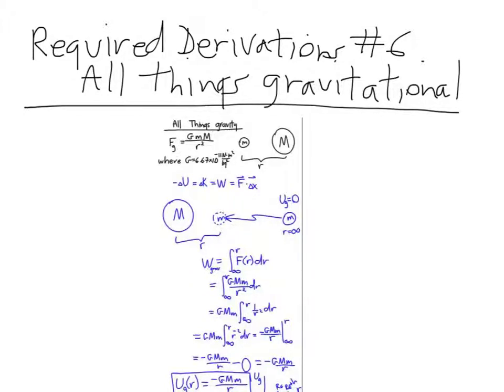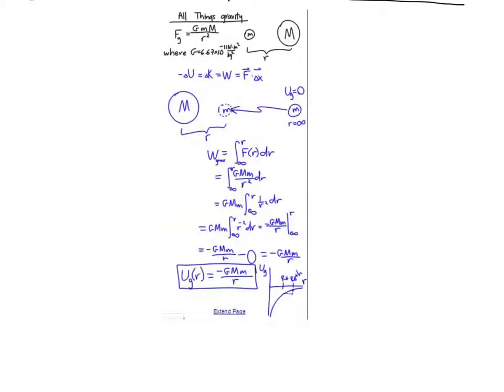This review contains some required derivations. I call it required derivations number 6. Basically, it talks about all things gravitational. You see here the